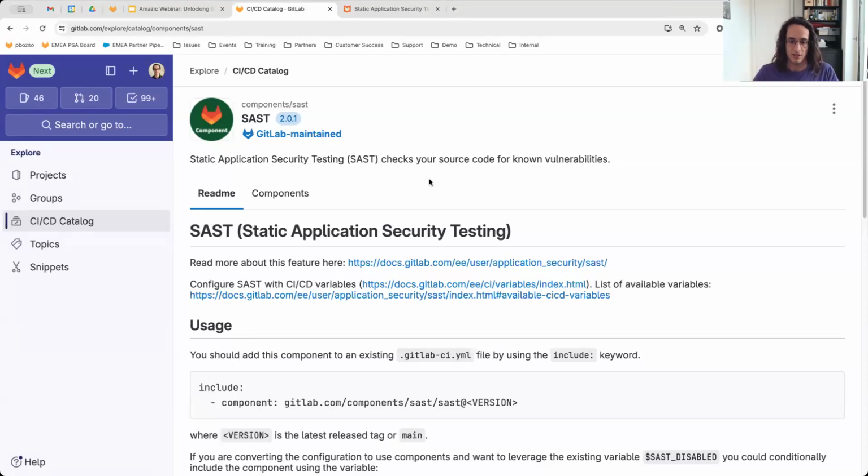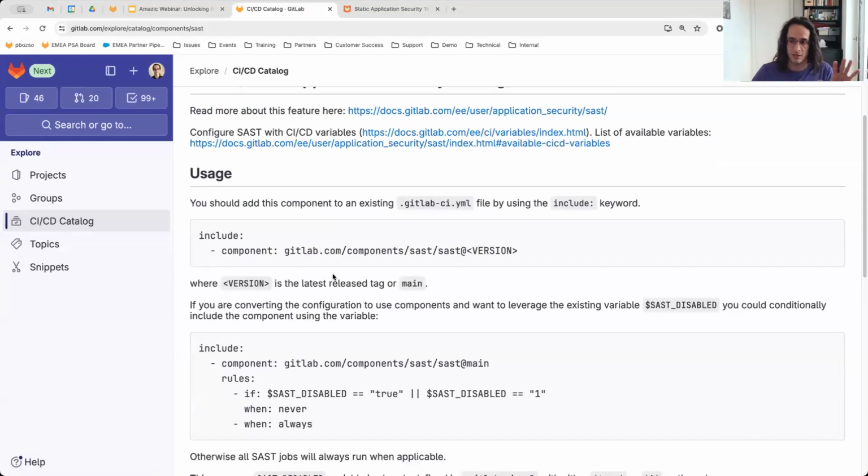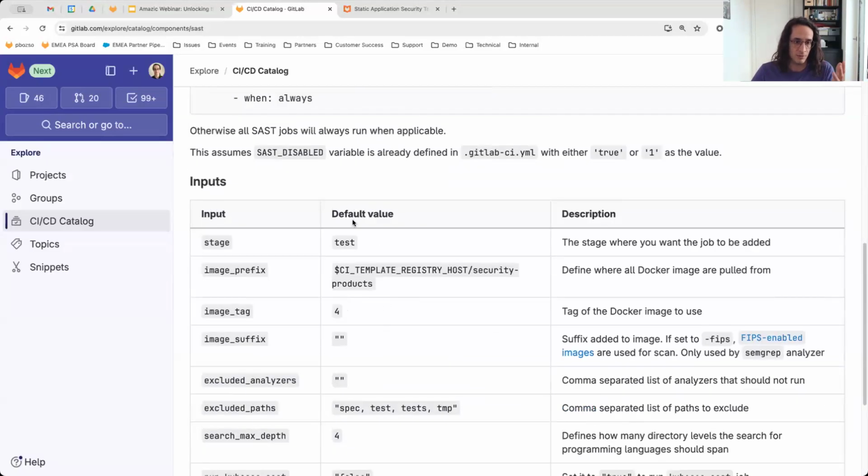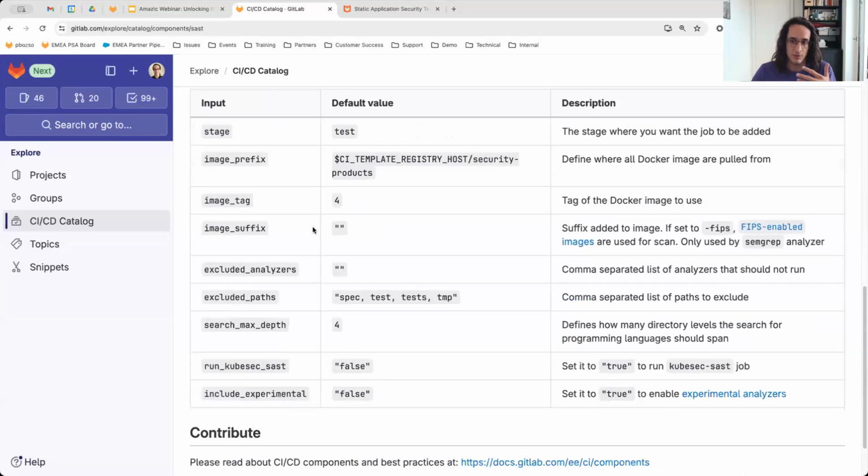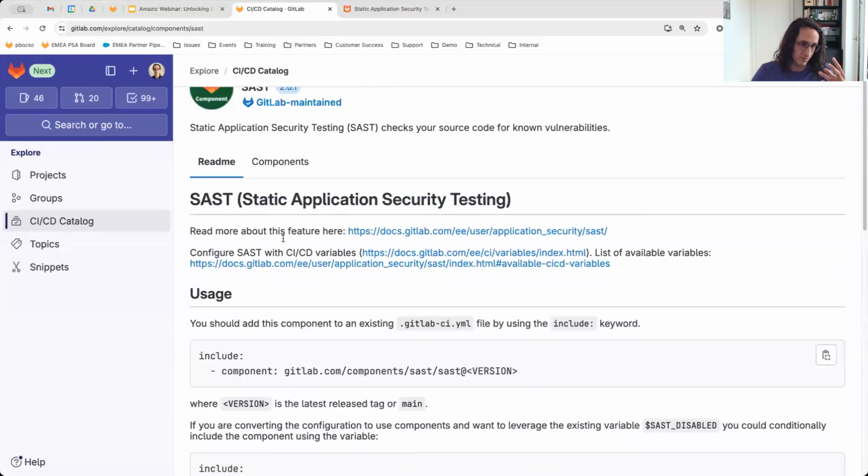So you can access those. And this is the README of that repository, essentially. So this is completely custom. If you publish your own components, you can write this README as you would like to. This is literally just rendering the readme.markdown file in the root of your repository, which contains this component.